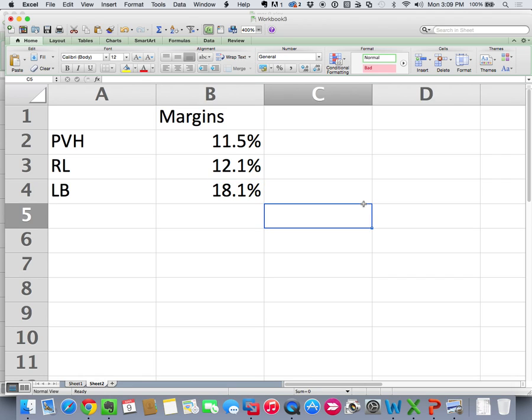18% margins. So basically, if I'm PVH, what I see is that if I'm considering myself the high-end premium brand, I'm not getting the high-end premium margins. And I can clearly see that based on this is the expected level of margin that the market is estimating for these three retailers on a go-forward basis. Operating margins, EBIT divided by revenue. In plain sight. This is what they're using to value these companies. So how do I change my value? Start adjusting my margins. How do I get better margins? Separate story.